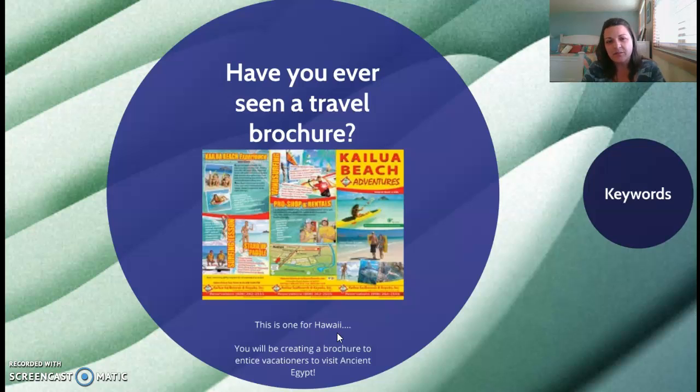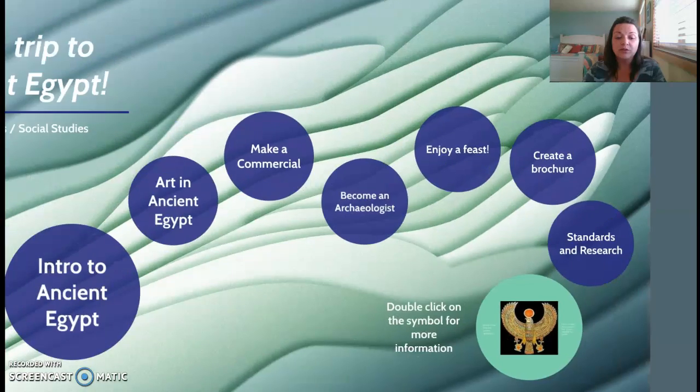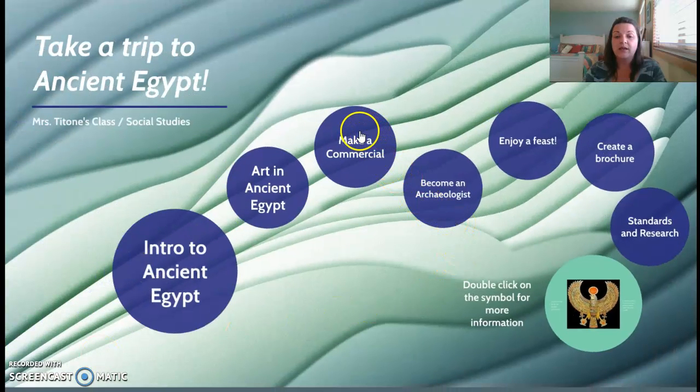Sometimes we look at ancient Egypt like it's kind of weird or different. But we're going to try to get right in the middle of ancient Egypt and imagine what it would be like to be around the pharaoh, and imagine what it would be like to be in a different social class. Maybe different social classes as we act out our commercials and our feasts. So I'm going to give you a little spoiler. Your commercial is going to be the thing that you do before you create your brochure, and this will be